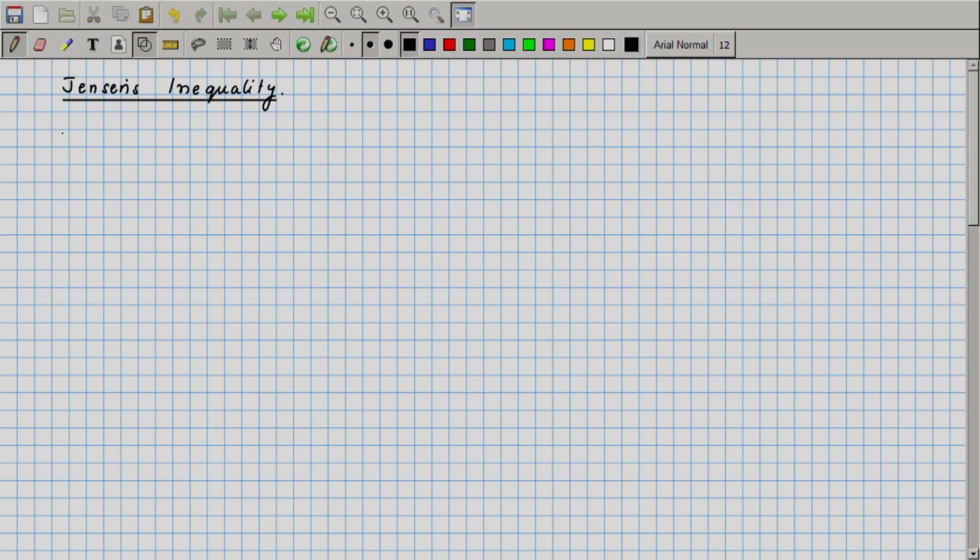So, Jensen's inequality states that for any convex function f, we have the following property. Let x be a random variable. If you compute the expectation of f of x, that is going to be greater than or equal to the value f of expectation of x. Okay. How do we prove this? We will see the proof, but